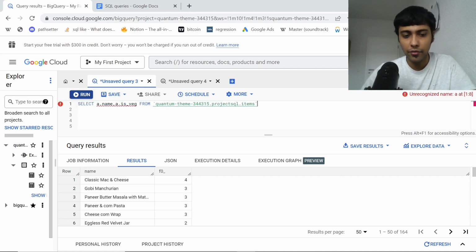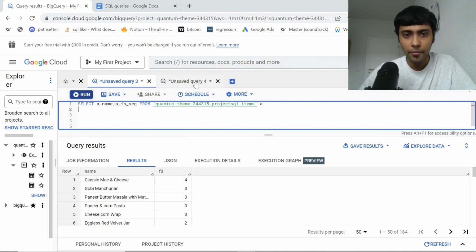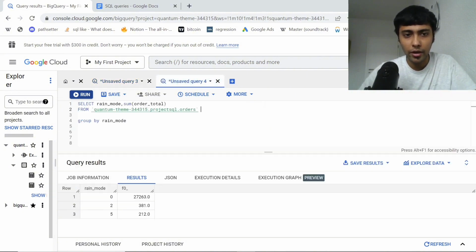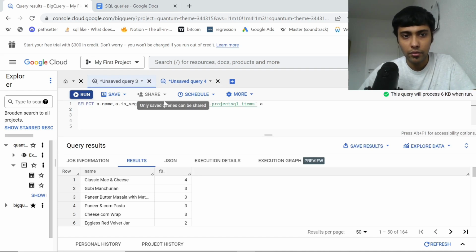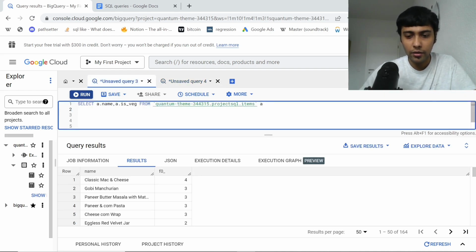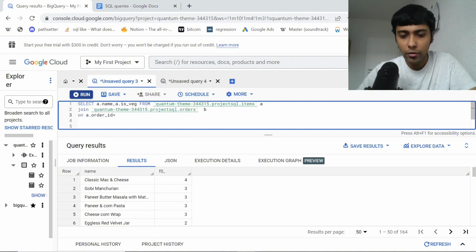So I'll simply say from this table, then I need to join it with the orders table on order ID. So I'll say join, right? I can simply do an inner join here. So I'll simply say join B on A dot order ID equal to B dot order ID,